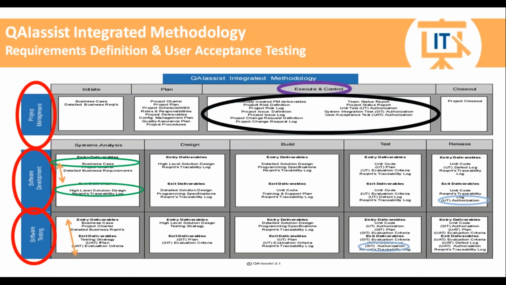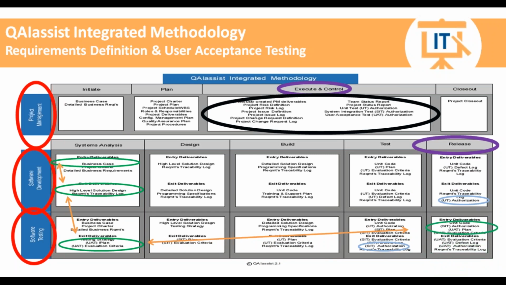we know at the very start, we laid out our high-level solution design. At this level, and the definition of the requirements at that level in our high-level solution design deliverable, we were able to define the user acceptance test plan. We are also able to define, based on knowing what the requirements are, what the evaluation criteria would be to make sure those requirements have been satisfied. We are going to use them now, they're already predefined, to go through our user acceptance testing.